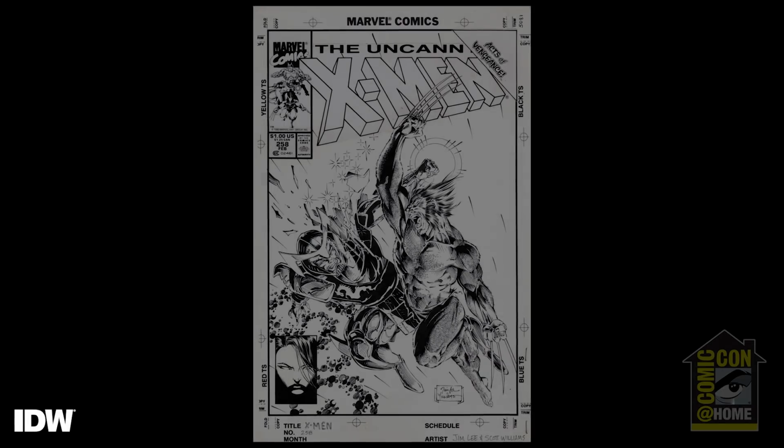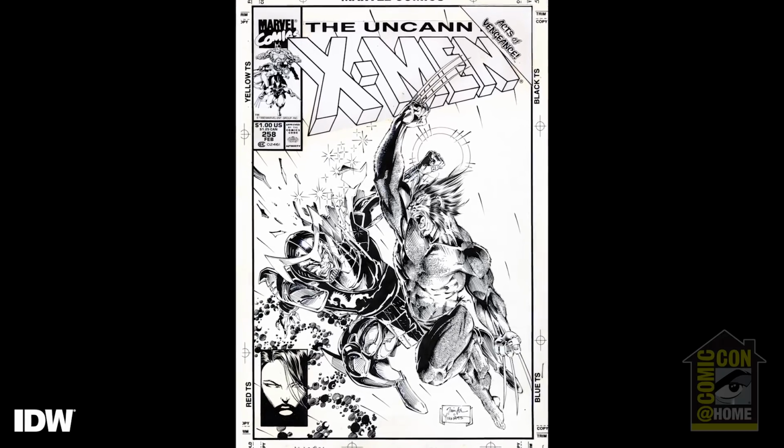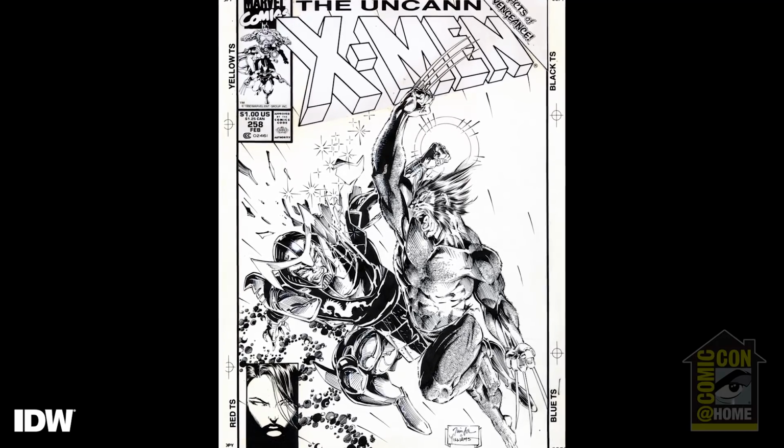I've told the story a bunch of times. We were getting a little bit later in the timeline. This is post Punisher, and it was an issue of X-Men, the cover to X-Men 258, and it's a very specific cover that I remember, and it's got Wolverine fighting Mandarin. Actually, this is before Jim joined us in San Diego to form the studio. He was living with his family in Italy at the time, and I would be getting pages FedEx to me, and he was continuing to get better. By the time he left Punisher and it started X-Men, it was getting good, and I was getting more and more excited. But then when that cover came in,